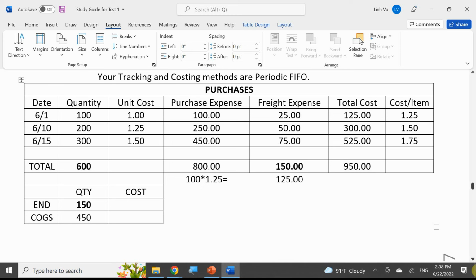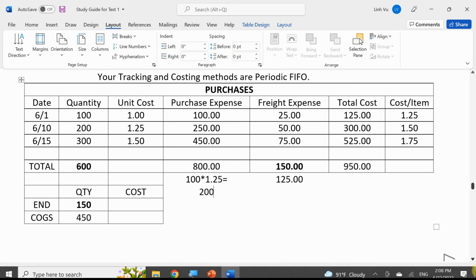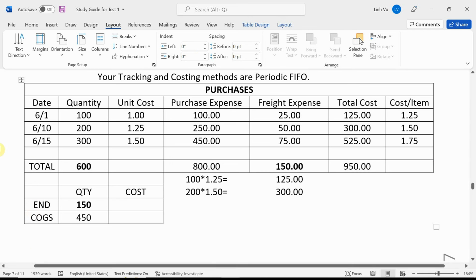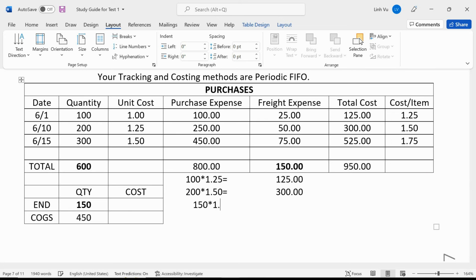How many more do I need to keep selling? 350 more. From the second batch. Okay, so in this case, we're going to take all 200 because we need to sell 350 more. And here you go. So I sold all 200 items, which I already know is going to give me a total of $300. Okay, so now I'm at 300. And how many more do I need to keep selling? 150. Okay, 150 at $1.75 is going to give me a grand total of